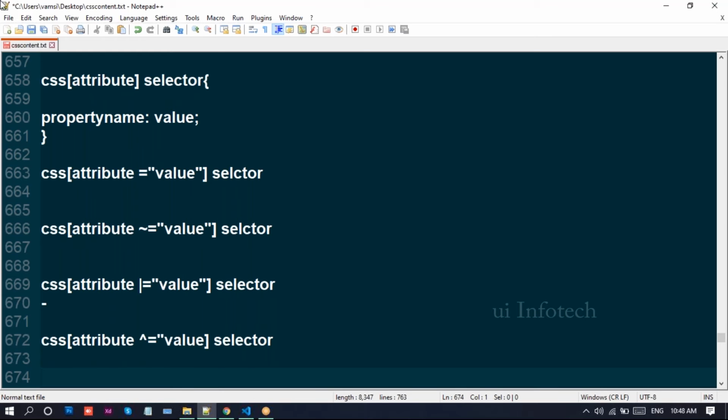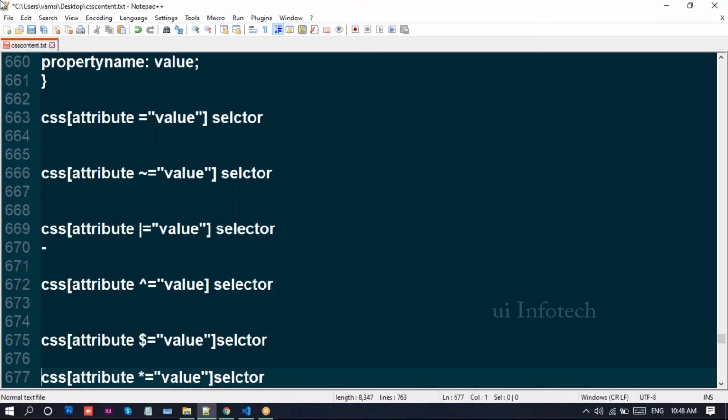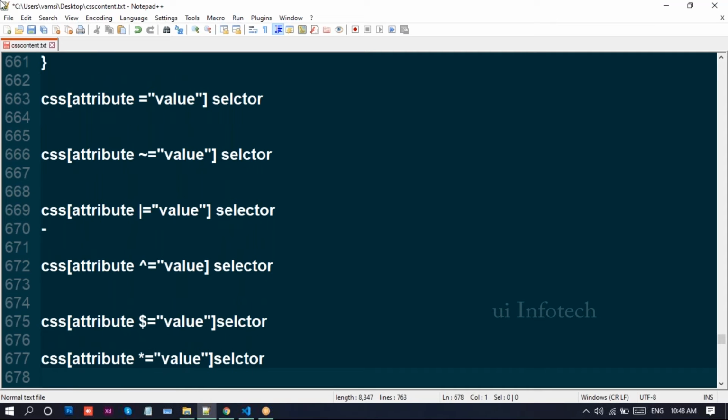And coming to the cap selector, we can use this cap operator to make an attribute selector. It matches every element whose value starts with a specific value. I'll explain how this cap selector works.